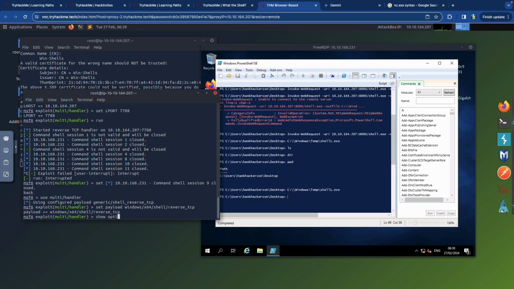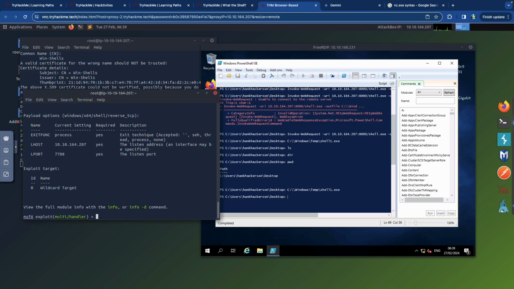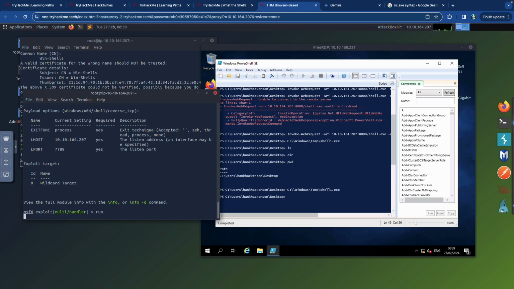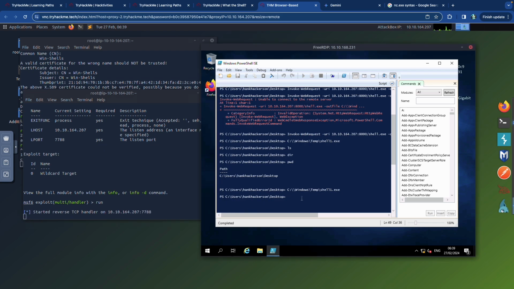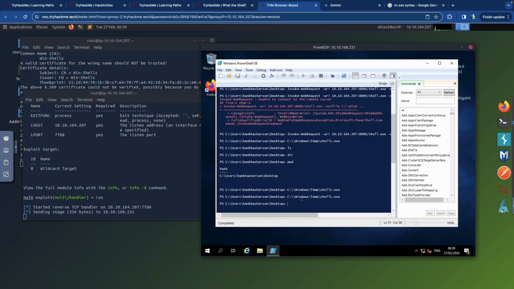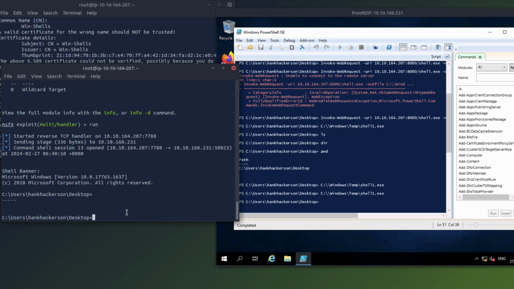And show options, and so everything's all good. The IP address is set, the LPORT is set, and now we are going to run it one more time, see if that works. Start a reverse TCP, run the shell, sending stage 1. Yeah,